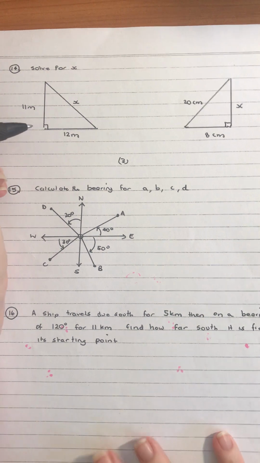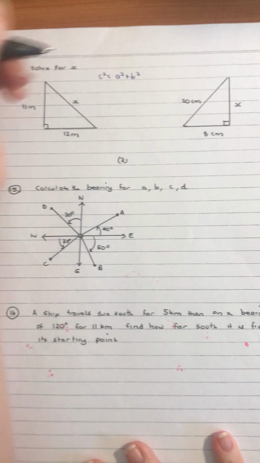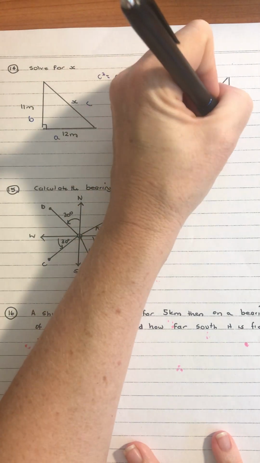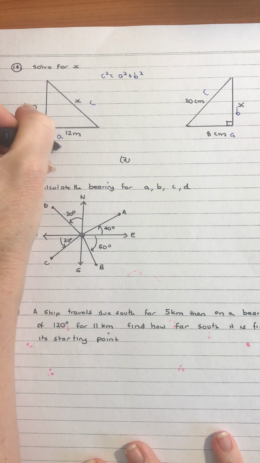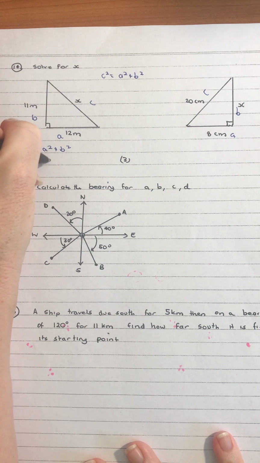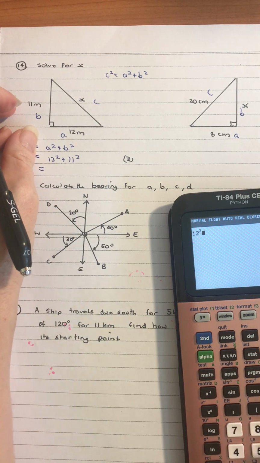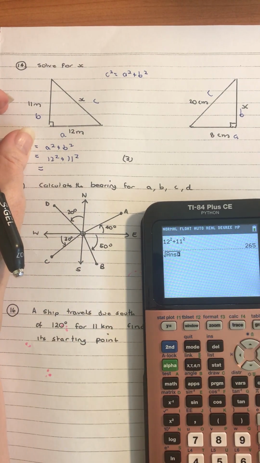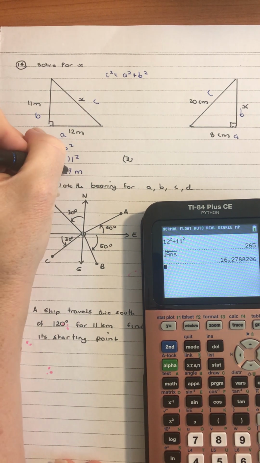Okay, then we get on to some Pythagoras theorem questions. So we've got c squared equals a squared plus b squared. So in this case we've got a, b, c. So we've got our x squared is going to equal our a squared plus b squared, which in this case is 12 squared plus 11 squared. When we do our 12 squared plus 11 squared, we get 265. When we do the square root of that, we get 16.27, and that will be meters, which I'll round to